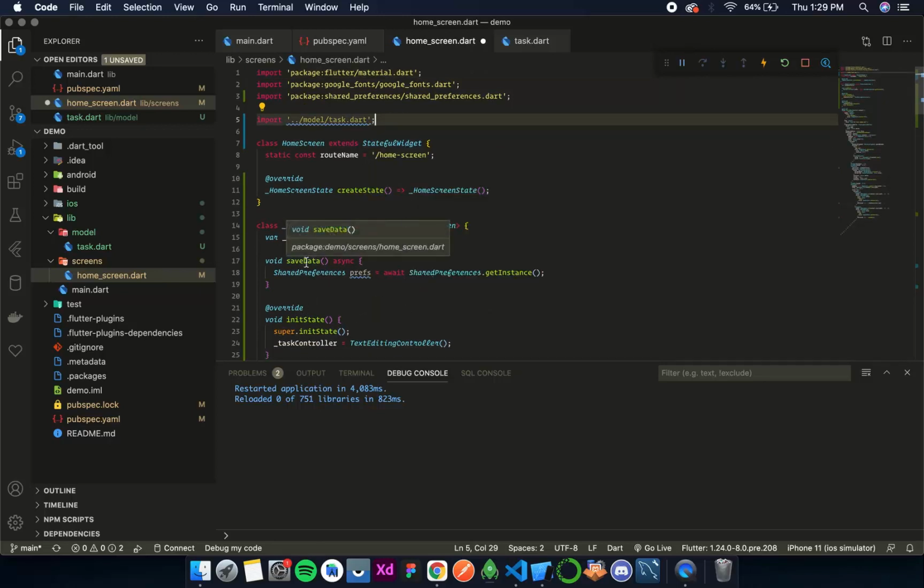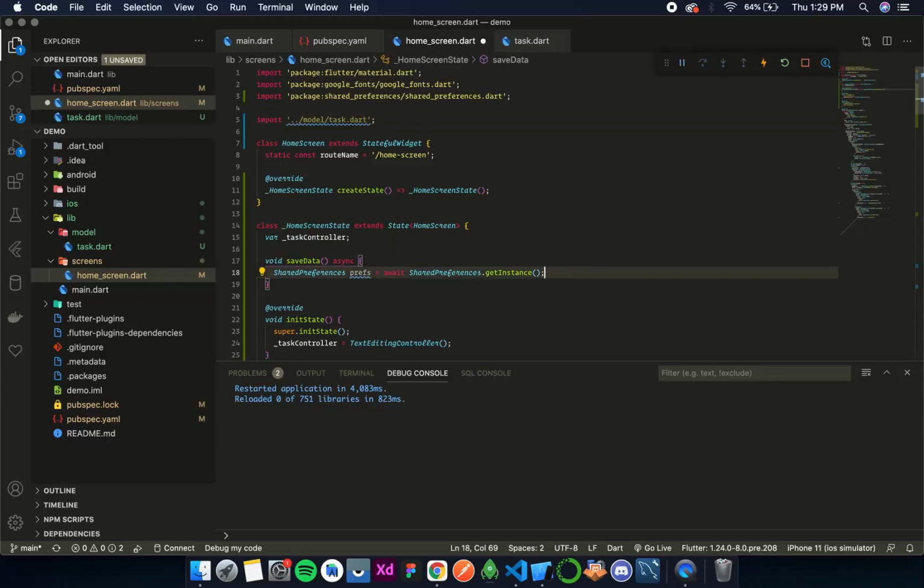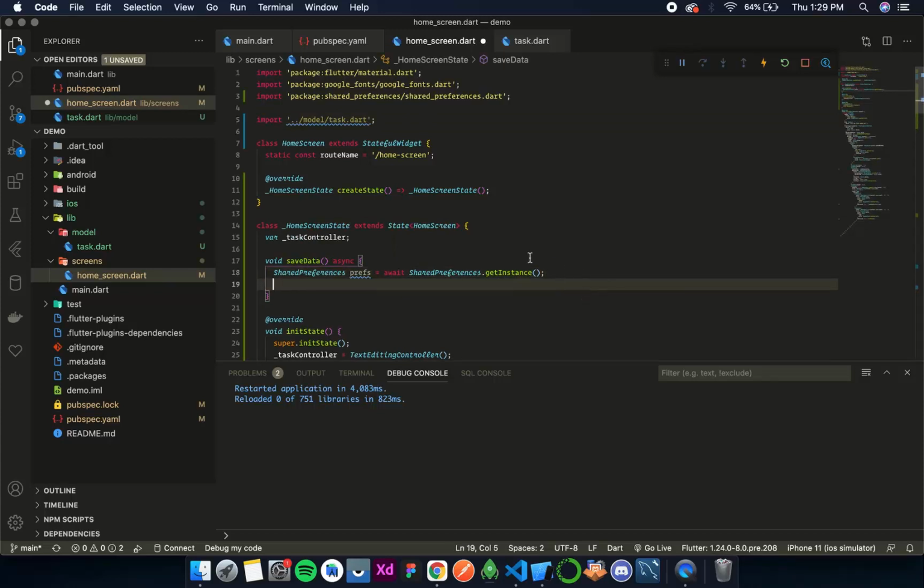So now this saveData, let's create an object. So I'll call it Task t is equal to Task.fromString, and then the string is taskController.text.